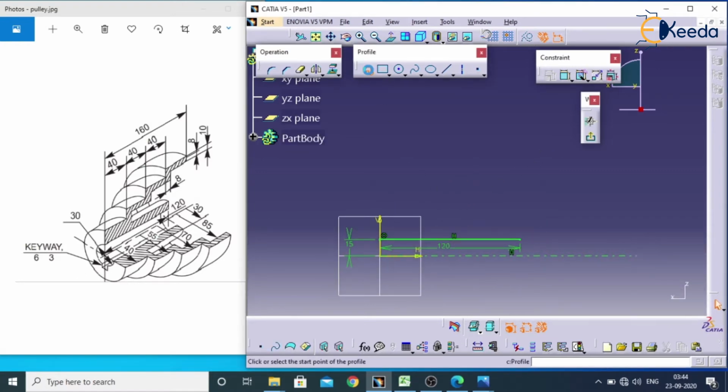Again I will go with profile and create this complete shape. It has first step, second step, third, and four steps, and this is my last one. Again I can continue like this.